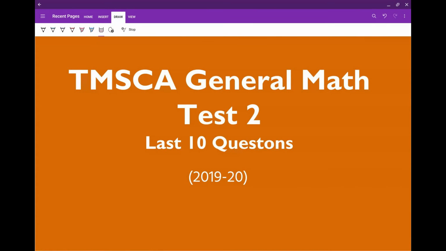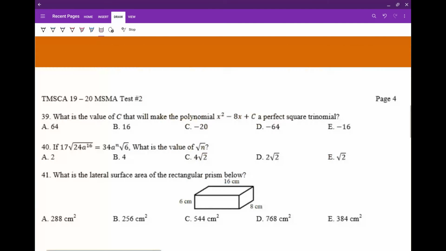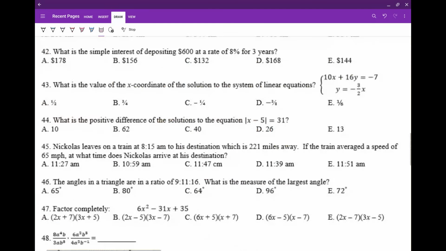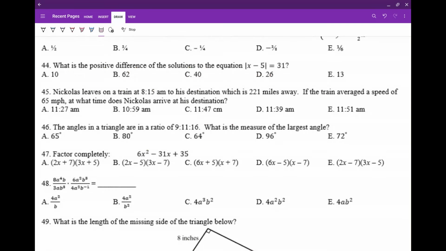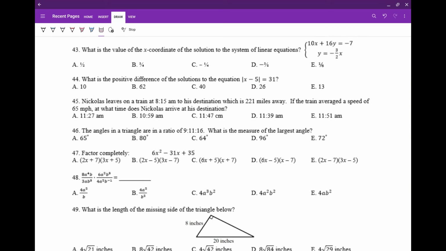Question 46 of General Math Test 2. Guess what? We've finally been dealt a triangle problem. It gives us the angles in a triangle with the ratio as that. It's asking the measure of the largest angle. So one thing I'd like to do before we start is